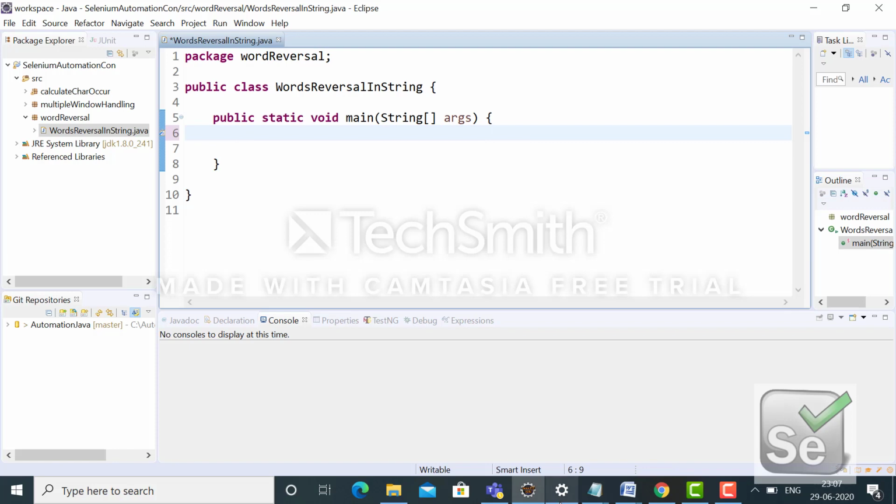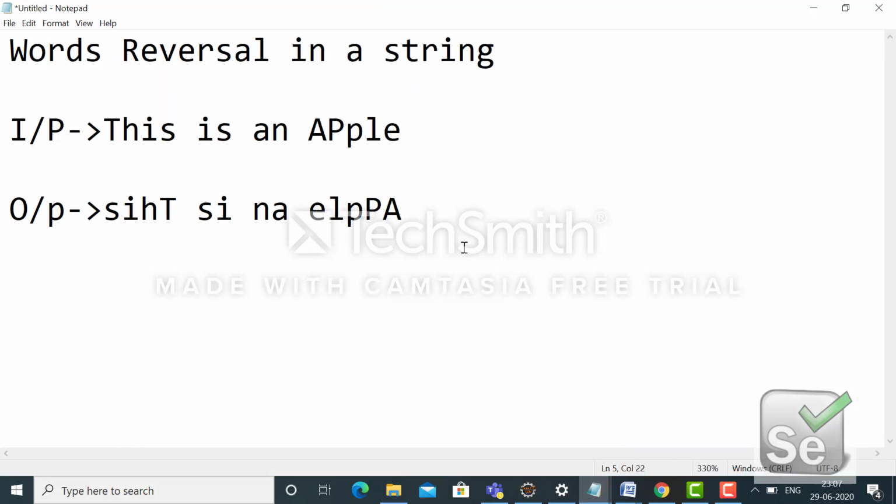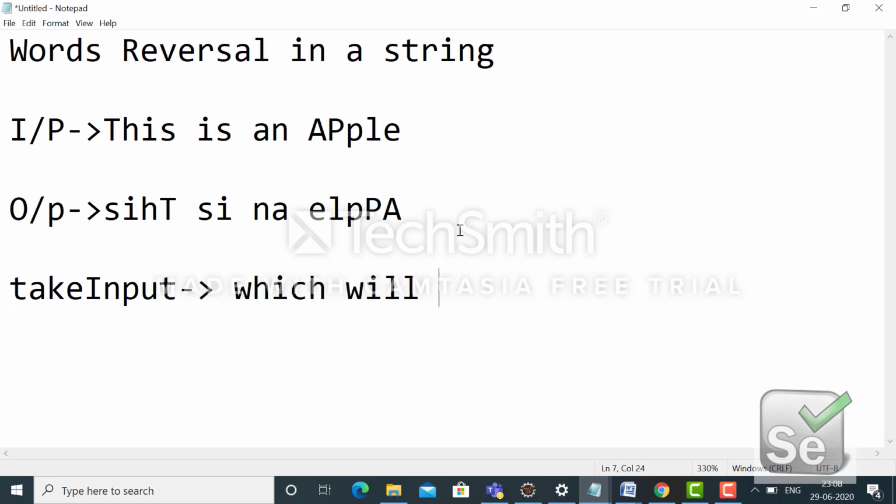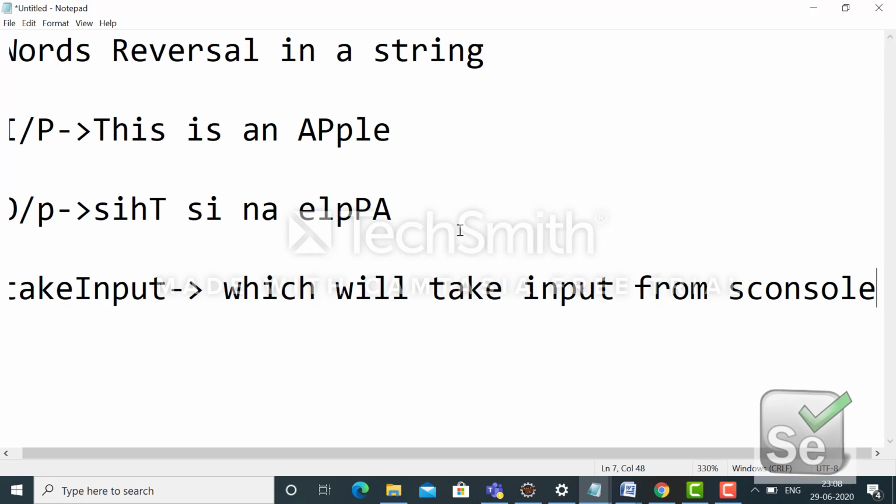So here the whole thing I'm dividing into two parts. One is that I have to provide the input string, right? So there will be one function which will take the input from the console. Let's say I will name it take input, which will take input from console.